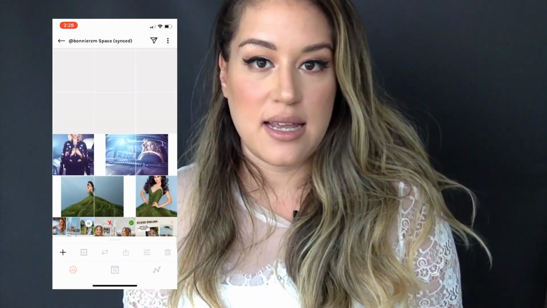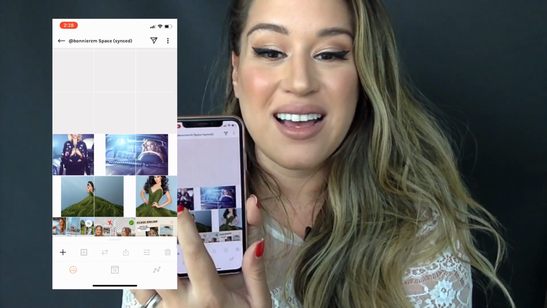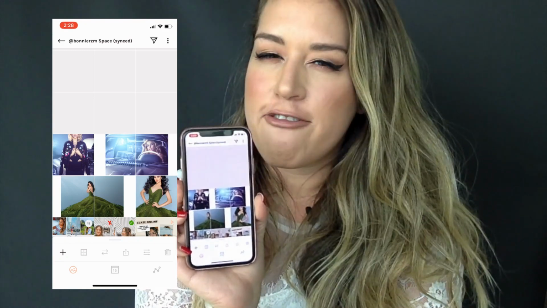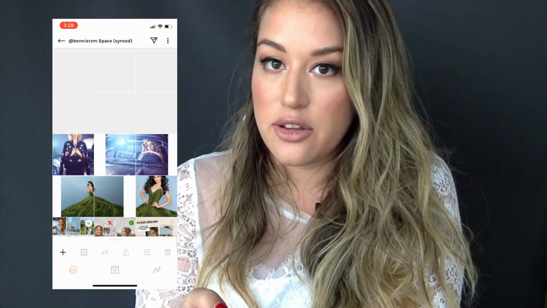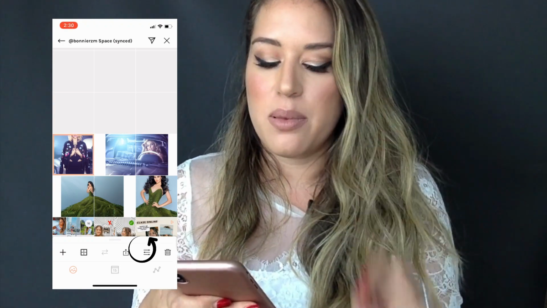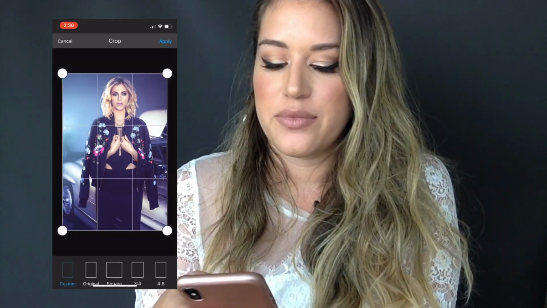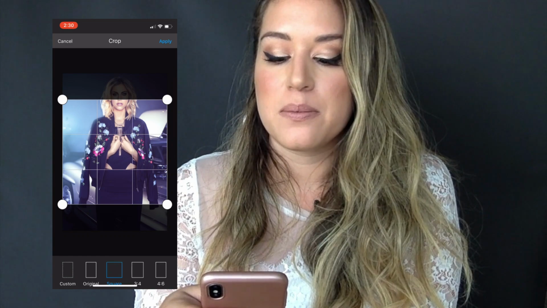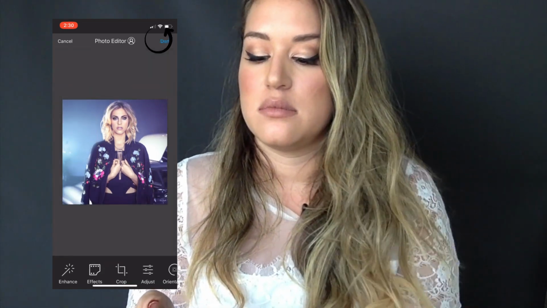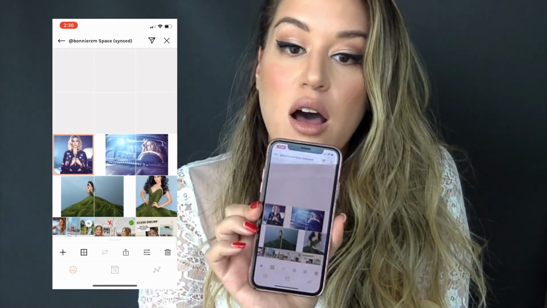So one interesting thing that you can do is that, for example, this photo might look cut on Instagram. And I'm like, you know what? I want to see her face. So what you're going to do is click on the photo, then click on this icon that looks like a couple of lines, hit crop, hit square, scroll up, then apply, and then I'm done.